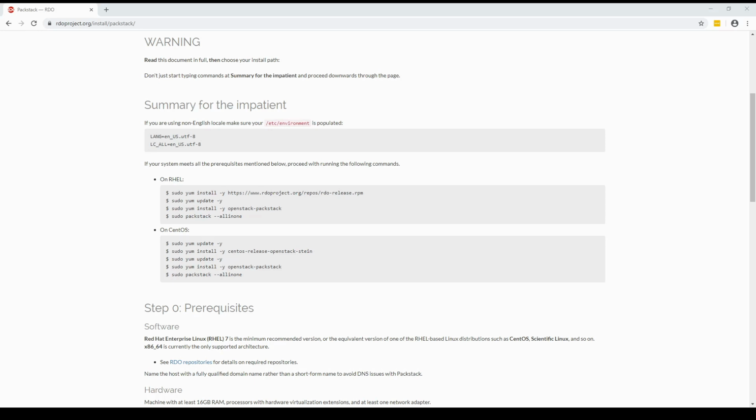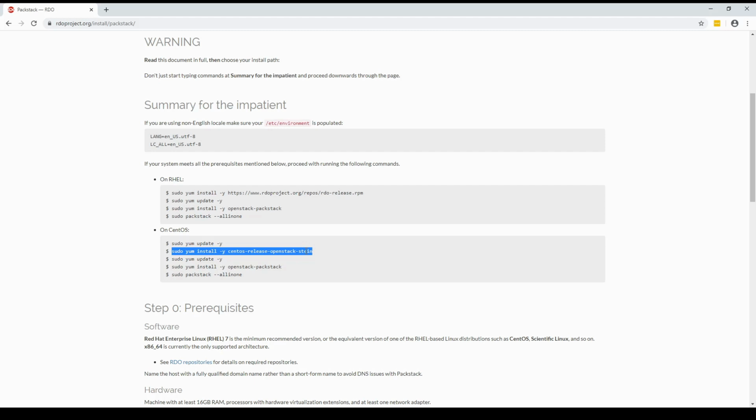So the very first thing we want to do is grab hold of the sudo yum install centos-release-openstack-stein. Now, if you wanted to install an older version like Queens, you should be able to just substitute openstack-stein with openstack-queens or Rocky. They don't go all the way back, so if you wanted something like Newton or Mitaka, you would have to go and find